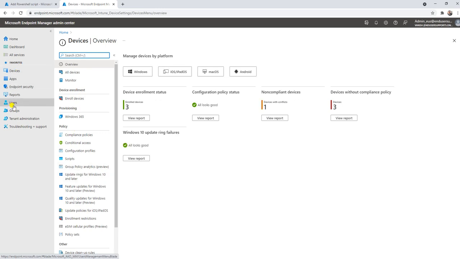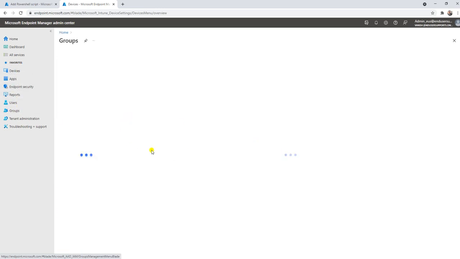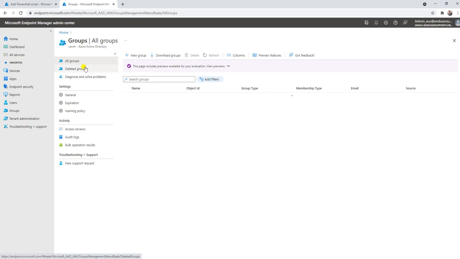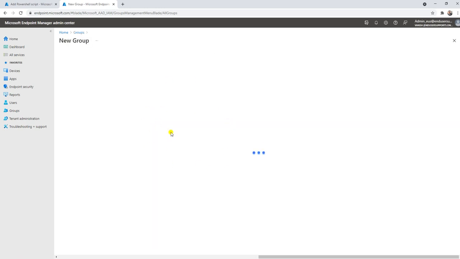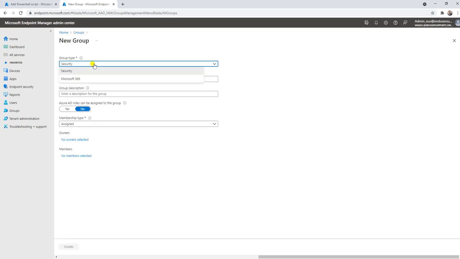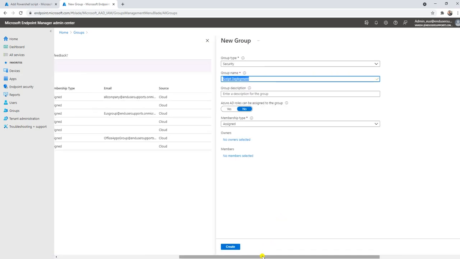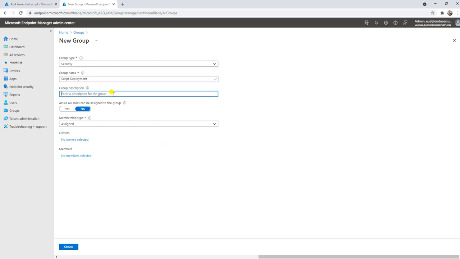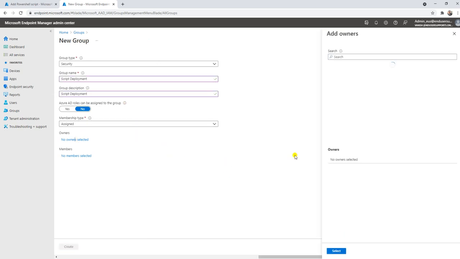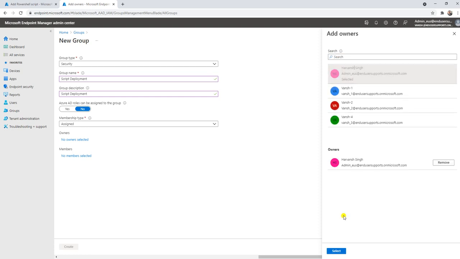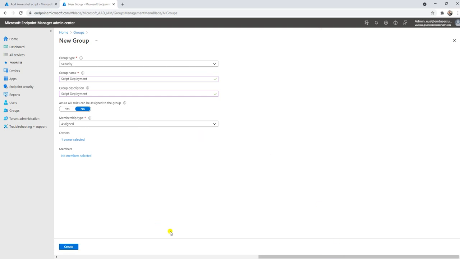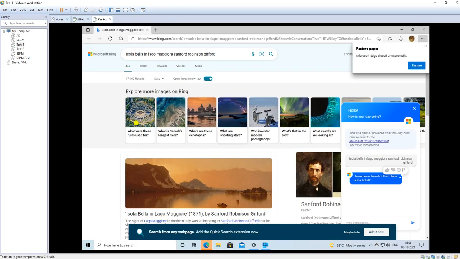Now let me go to the groups here, create new group. Security is fine. Script deployment I can say. Here assigned members will be this, and now let me go to my VM.